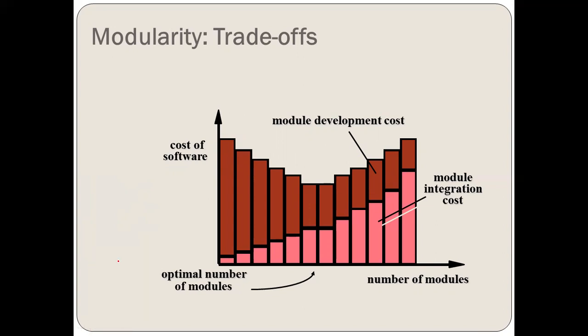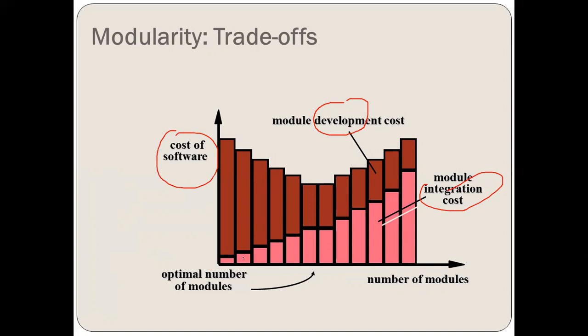So higher software development cost will be included, plus the code will become lengthier. It can become lengthier, and the cost of software integration can also be increased. So an increasing number of modules can lead to high development cost, high integration cost, and the total cost of the software, right? It can also affect the lengthy codes.